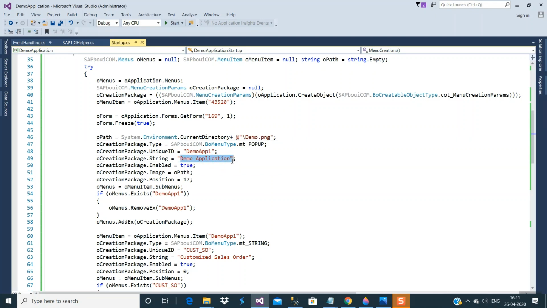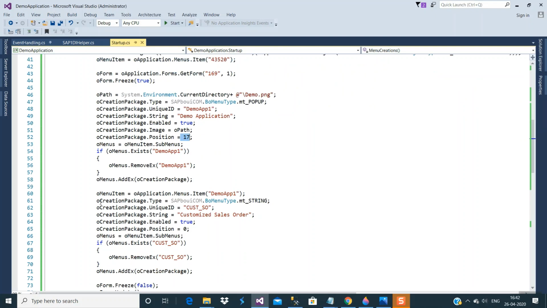The description of the menu ID would be the demo application, and it is of type pop-up. It means the demo application is going to be a folder in the menu list, and the position would be 17. Similarly, we are going to create a second menu ID under this demo application.